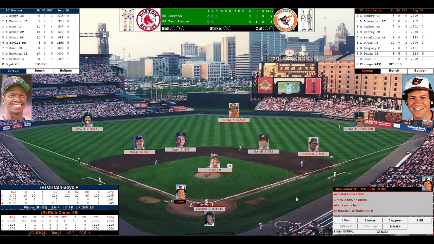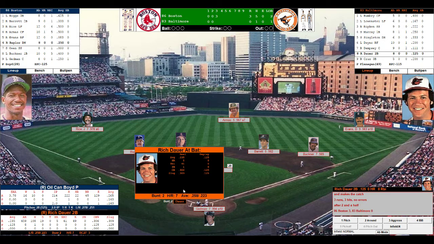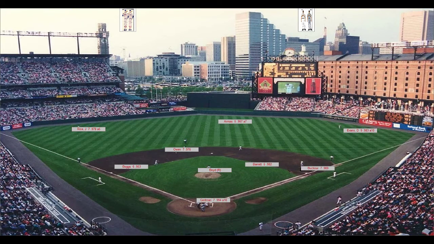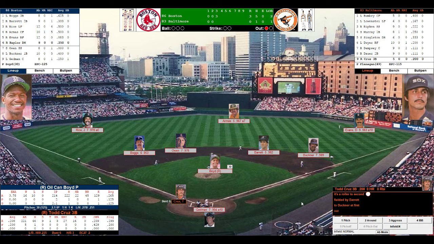2 up for Baltimore. Dower, Cruz, in the top of the order, Al Bunbury. Here comes Rich Dower. Orioles second baseman, batting .125, no home runs, no RBIs. In actuality, .235. He's a very solid defensive second baseman. 5 home runs, 41 runs driven in, 49 runs scored. Off right-handed pitching, .223. Oil Can back up on the hill. Toes the rubber. Here's the pitch to Dower. It's a slow grounder to Barrett. He throws to Buckner. They just get him, to the groans of the fans here at Memorial Stadium.